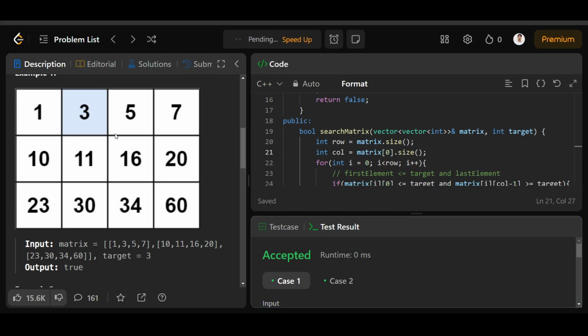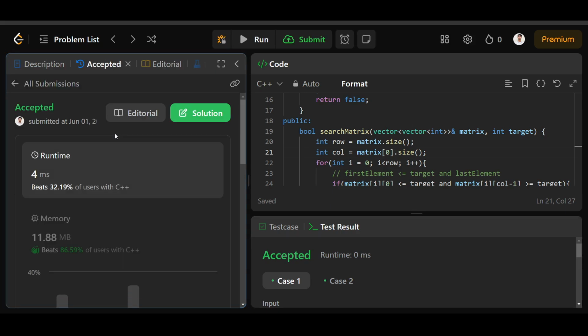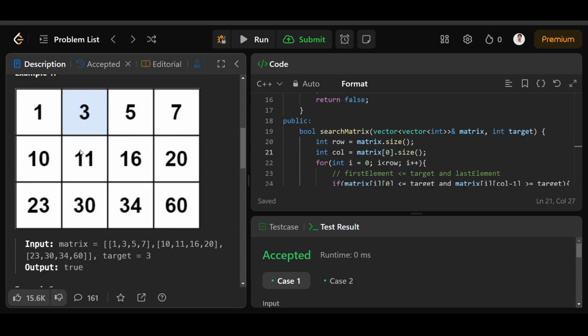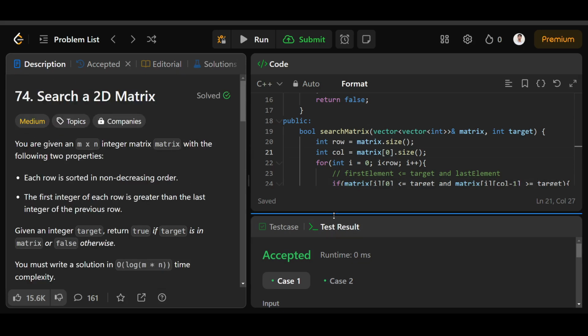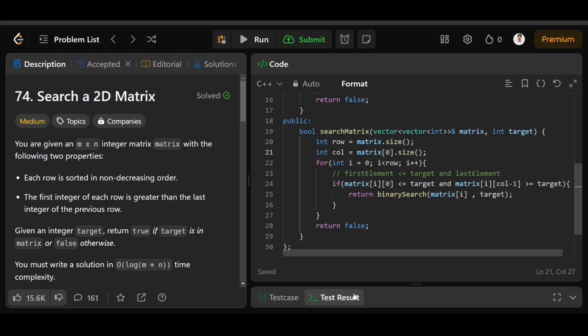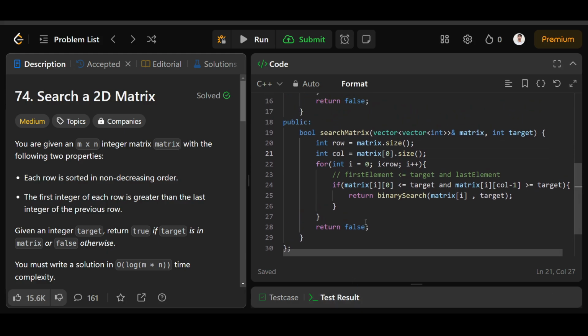So this was our second approach, which was based on the idea that the given matrix is sorted. But now, what we are going to utilize now is,